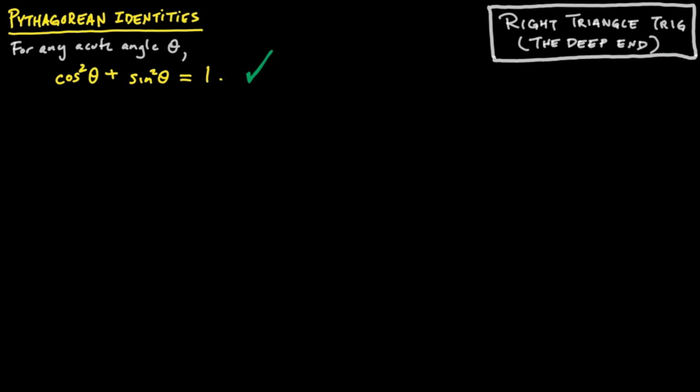And I mentioned that there are 3 Pythagorean identities, each of which connects a pair of the 6 trig functions. So let's move on to the other 2. This one is by far the most commonly used, but the other ones come up now and again as well, especially the one I will show you next. And rather than writing it down all at once and then explaining why it's true, like we did with this one, I'm going to show you that you can derive the second one from the first one in a matter